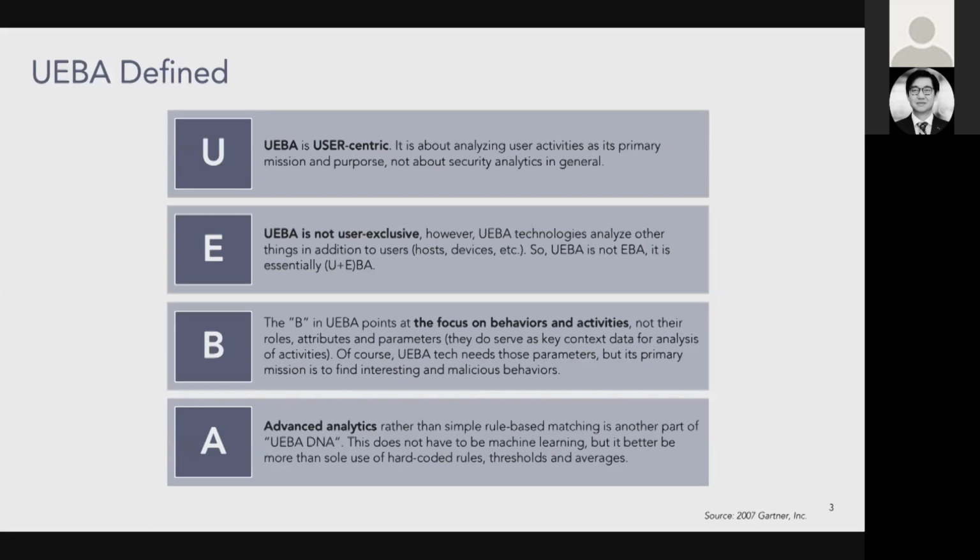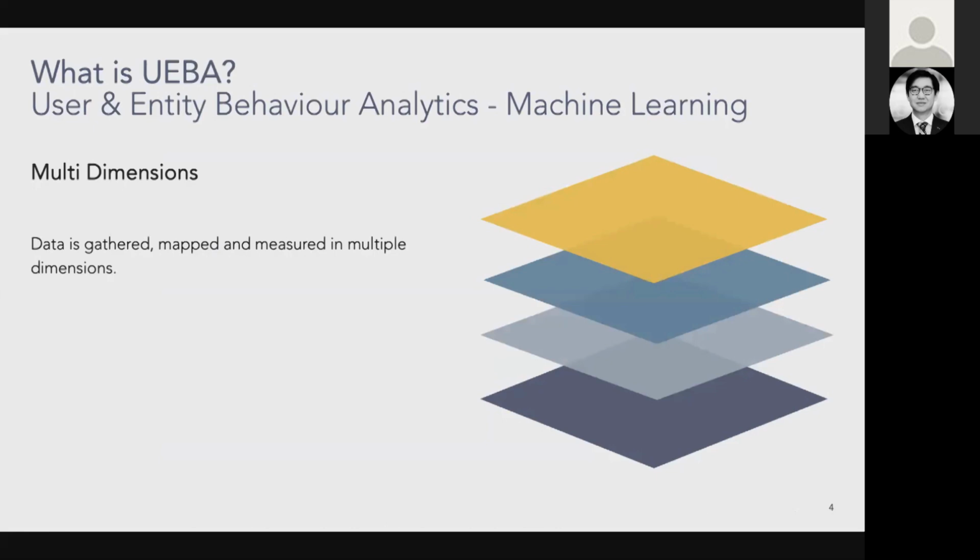So basically, how do these entities move? How do they access things? How do they traverse the network? And basically, in a definition, this is UEBA. But let's go a little bit back into what it actually does. How does it work? When we're looking at the algorithms in regards to machine learning,